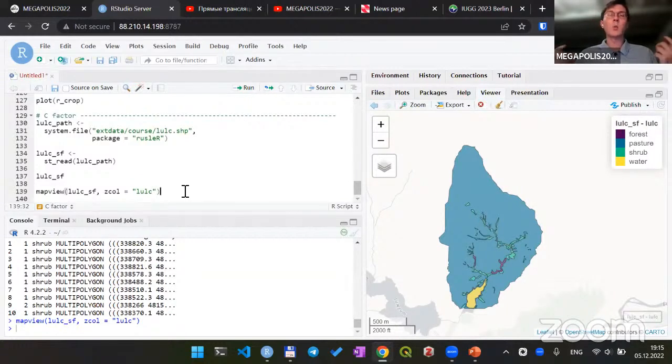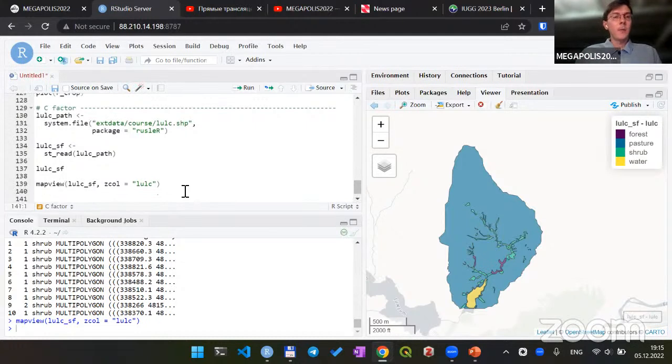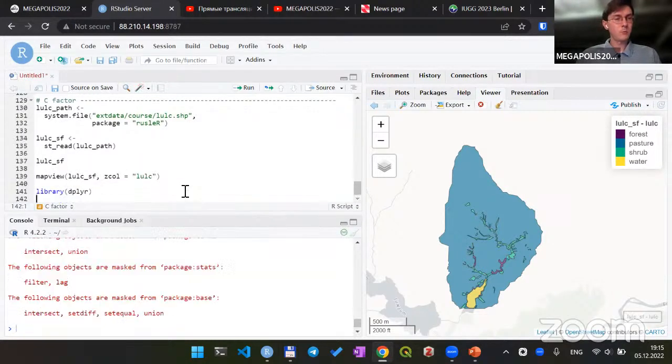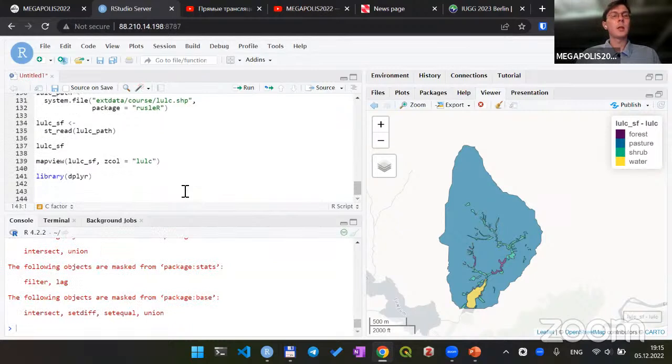But we need to create a C-factor raster to use in our calculations, and therefore we need to reclassify this shapefile and then rasterize it. So for these purposes, we will use the dplyr R package. Okay, because we'll create a new variable reclass,